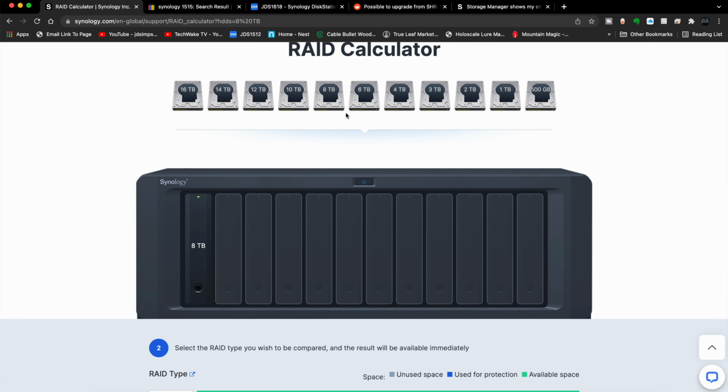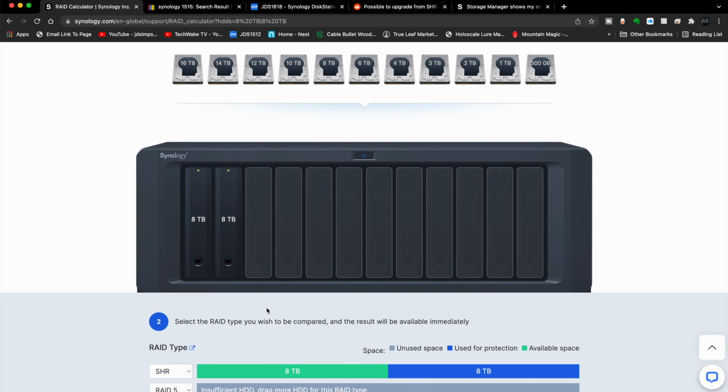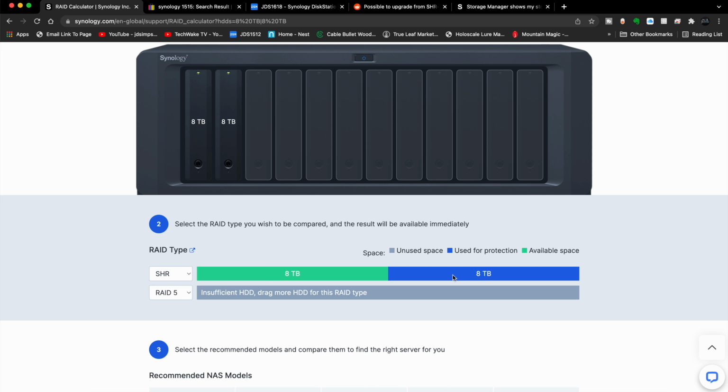But let's say you go to the 2 drive bay and you add another 8 terabyte drive. Good plan. Now you're up to 2 8 terabyte drives and one has the same data as the other. So basically, you have one drive with data and the other drive is for protection, and it doesn't matter which is which. It just means if one dies, the other's good. If the other dies, the other's good. But you can see you only get half of the storage capacity with a 2 drive scenario because you have to use one drive to protect the other. Does that make sense?